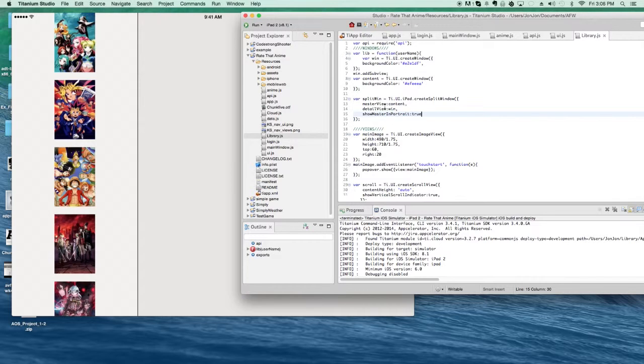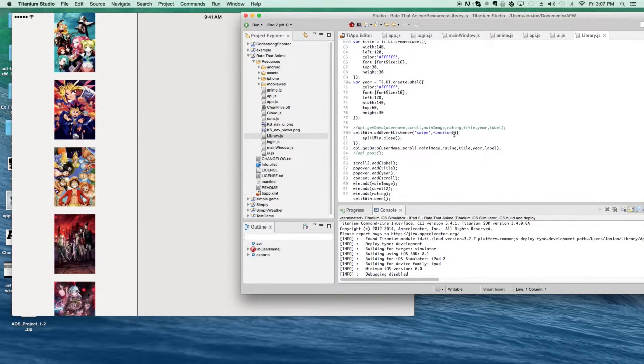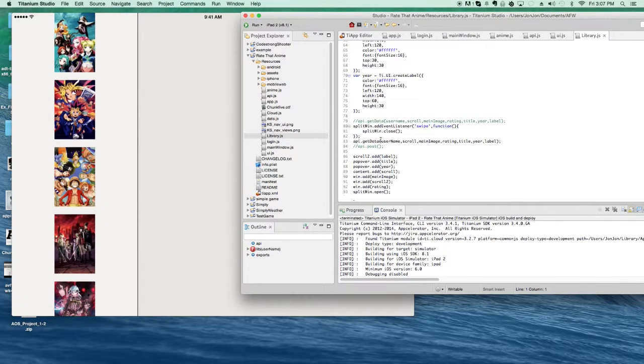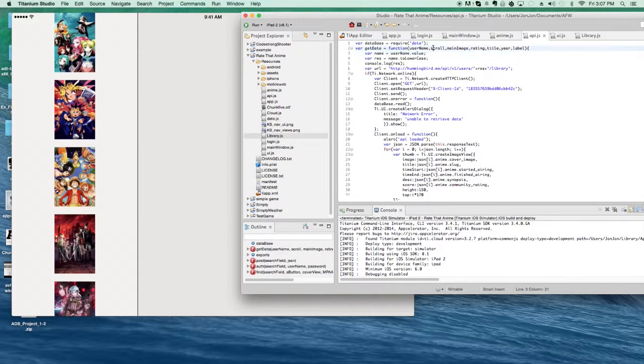So you have all these UI elements that are being created, and as you see up here, like I said before, my API is being required in my API window. And if you go down here, you can see that I actually call that method, so I can push all of my UI elements, my main image, scroll view, rating, title, year, label, as well as a username, so I can have authorization to my API get data function. So this get data function fires off, and it is ready to receive all those parameters, and then it plugs them in. So what happens is that I take my username and I take my